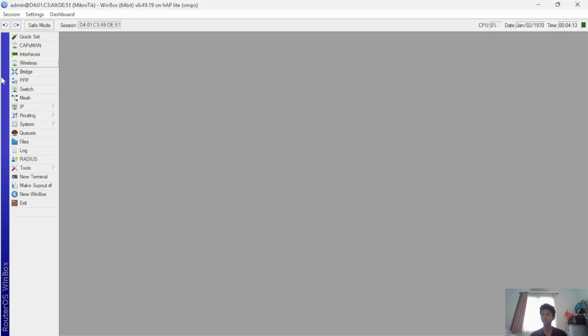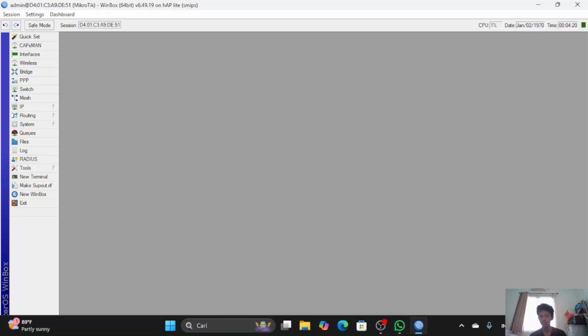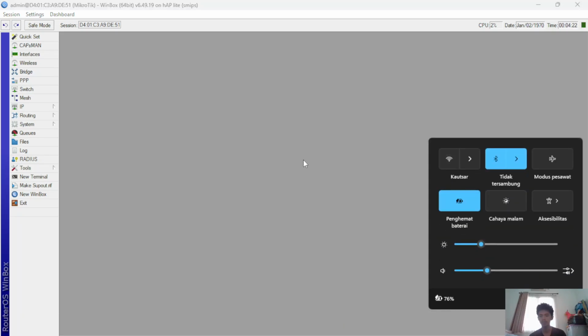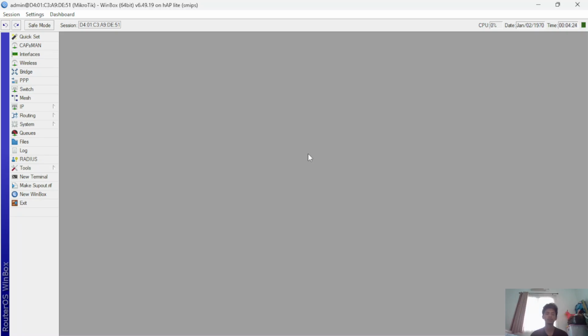Step 1, we will configure the router to connect to the Wi-Fi. Okay, first you turn off the Wi-Fi on the laptop or computer, and second, we connect this router to Wi-Fi.